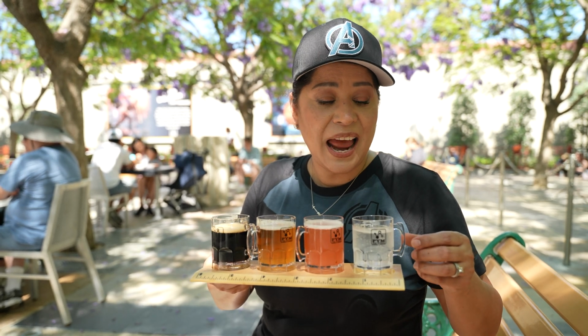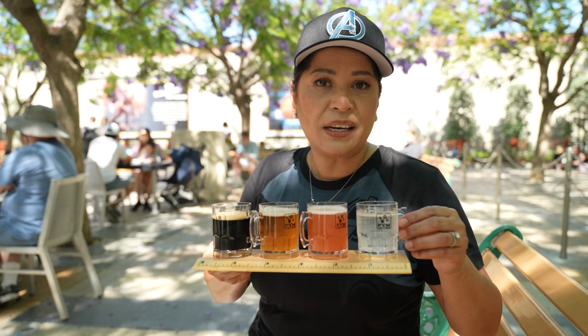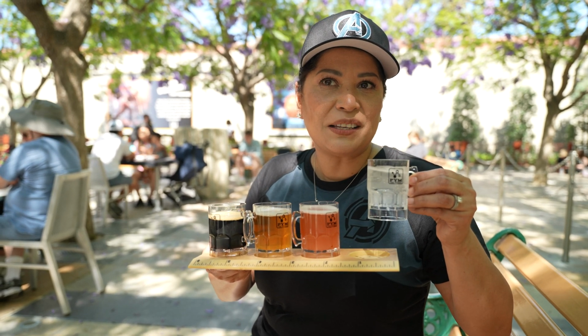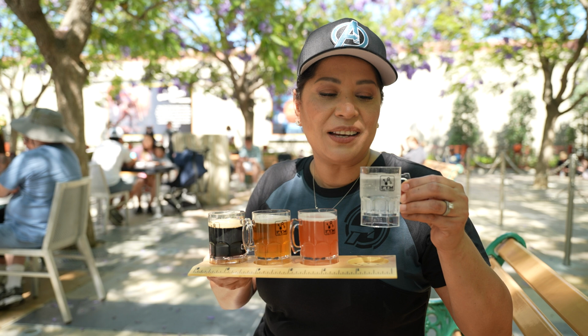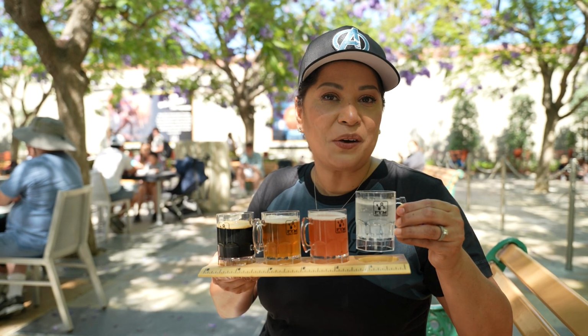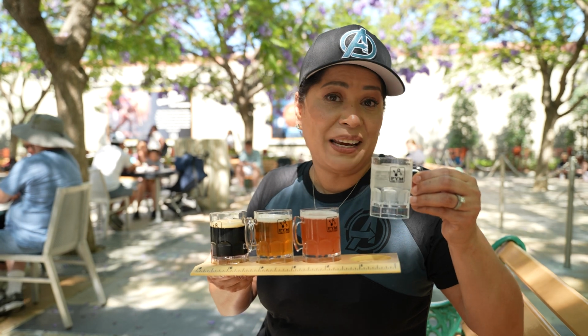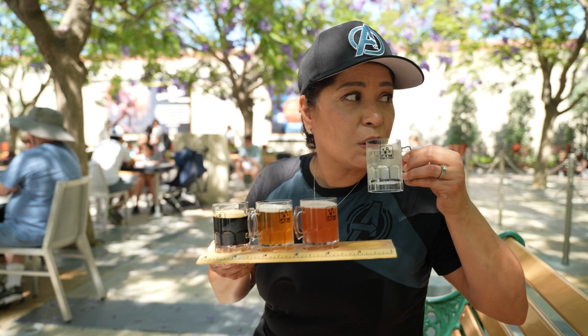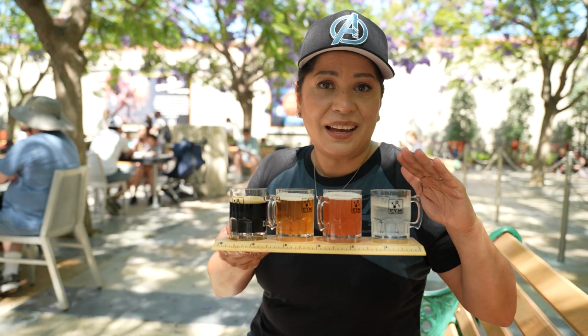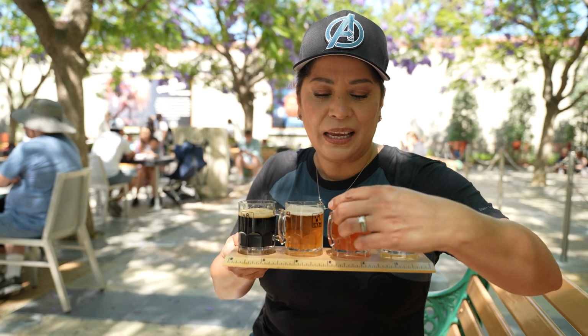It tastes good. It has a little bit of a fruity taste to it. It's really light. I don't see myself drinking this, even if I drink a lot, getting kind of happy, if you know what I mean. But it's good. It's a pretty refreshing drink. I'm liking this one so far. Let's try this